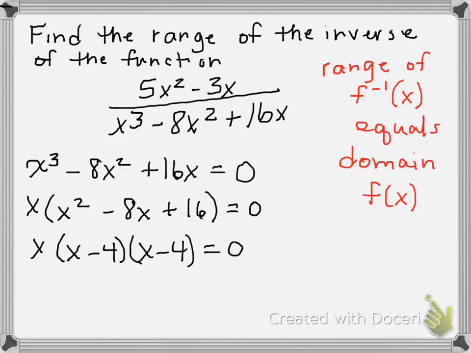So now we still need to find out what's going to make our denominator undefined. So you want to take each one of your factors and set them equal to 0. This first one is pretty easy because x equals 0. And then these are the same things, so we only need to use one. x minus 4 equals 0, or x equals 4. So here the domain of our function would be all real numbers